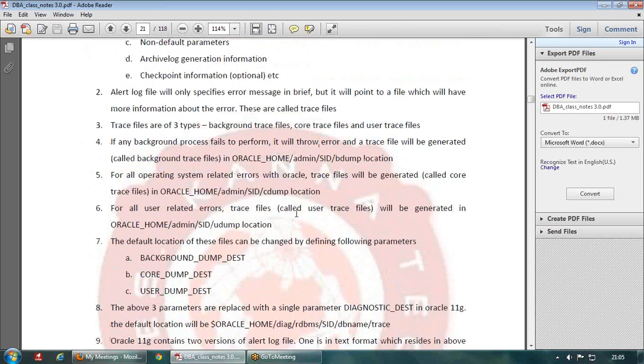Okay. Trace files means, as I said, whenever... I hope you know the meaning of tracing. So tracing means monitoring something. So what happens in the database is, whenever some error occurs in the database, Oracle automatically monitors the activity,